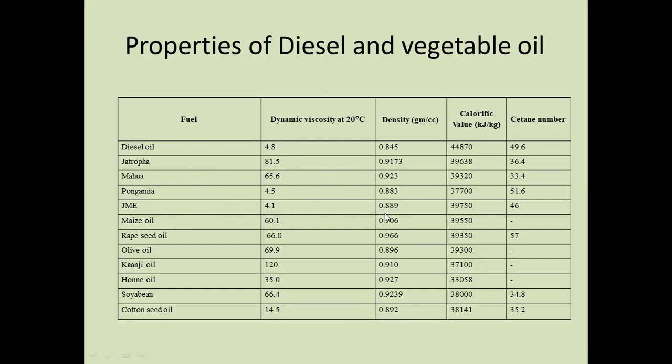So after that, we can blend this fuel with diesel and operate the engine without any engine modification. B20 and B40 blend oil is used in the internal combustion engine to run the engines. And if you use this alternative fuel, the main important parameters to find out are the dynamic viscosity, density, calorific value, and cetane number. Nowadays we can also use edible oil. Edible oil can also be converted to biodiesel with the help of the transesterification process and blended with diesel to run the internal combustion engines.